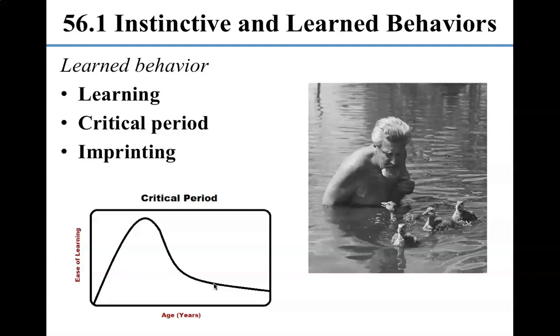In other words, they'll basically start following as a parent figure the first animal they see. Now in the wild, normally the first animal they see is going to be their mom, right? So they'll imprint and they'll say, hey, this is my mom, and they'll follow her around. And if they're good ducks, they'll listen to what she says. But this guy, his name's Konrad Lorenz, he's a famous animal behaviorist, or ethologist.